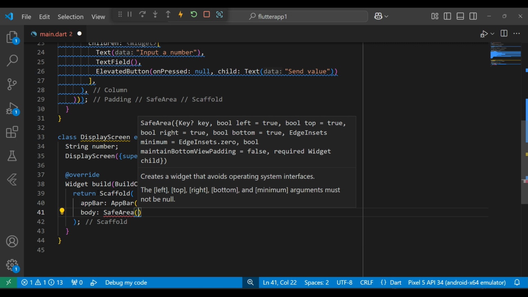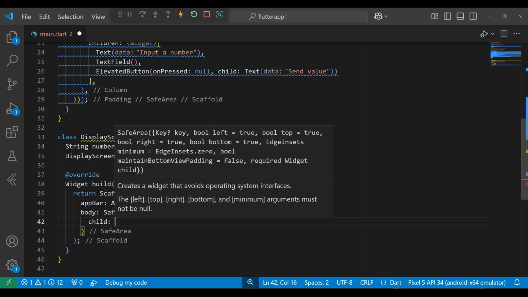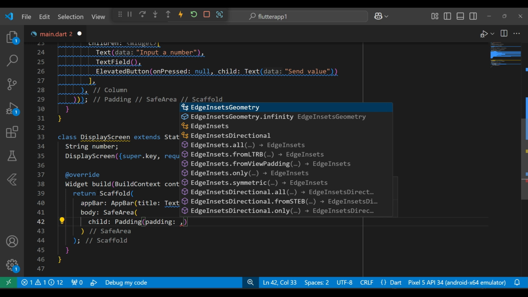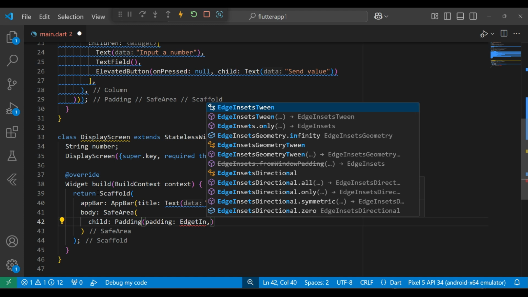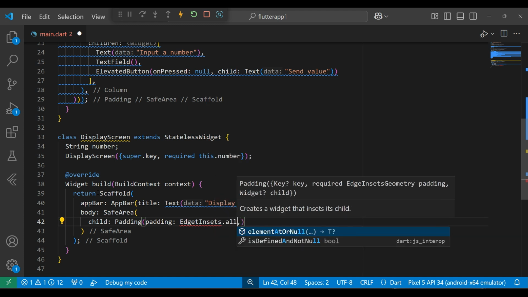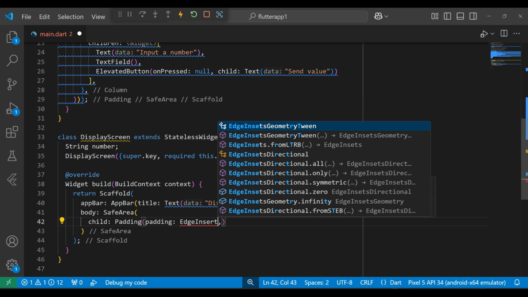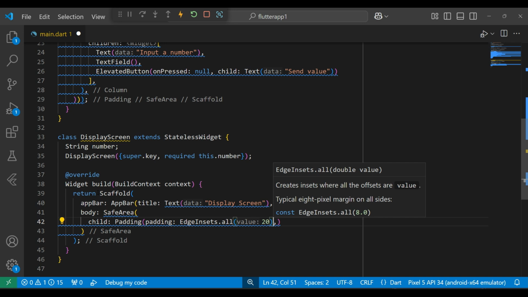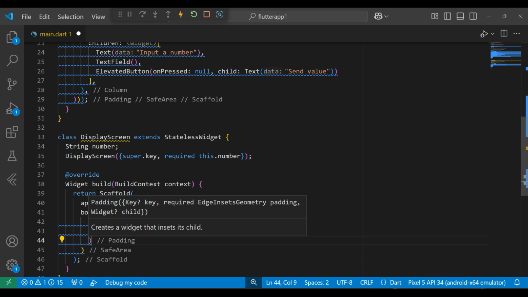And here in this safe area we are going to call the child property, and again in child property we are going to call the padding, and then in padding we are going to call edge insets dot all edge insets dot all. Let's set it 20, and then we have this